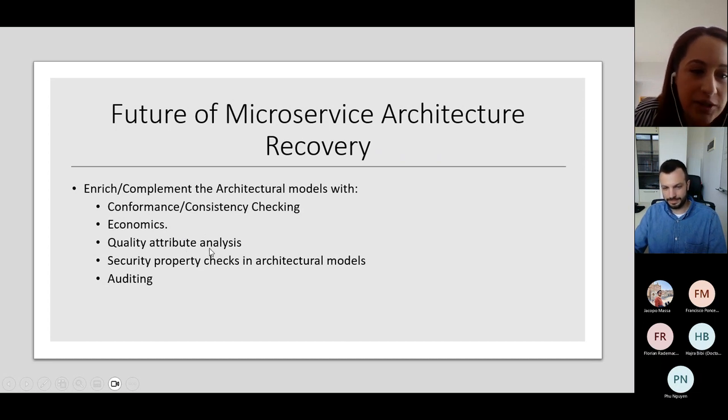But as well, future directions: using these architectural models, it would be really important to provide ways where you can analyze and use these models to analyze quality attributes or check the security properties of the systems. And another important area is to include these architecture recovery approaches as part of the auditing and quality assurance process of